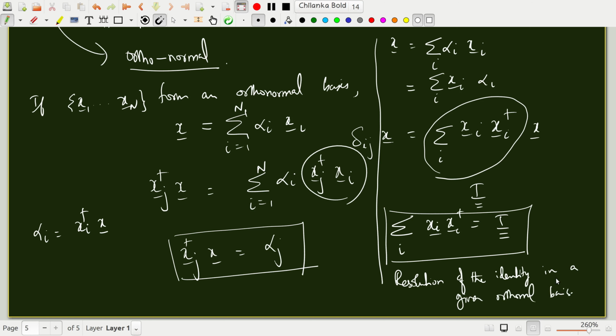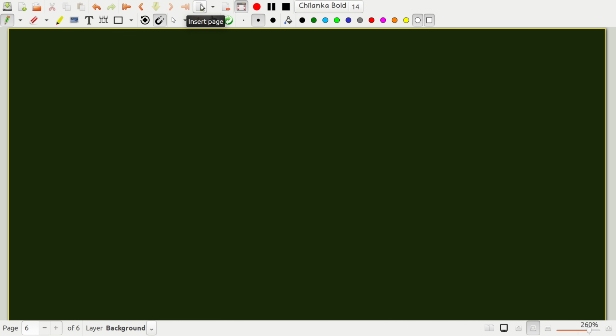now suppose you ask me the question, all this is fine. Suppose I don't have an orthonormal set, and I don't want to use Gram-Schmidt. So let's say x1, x2 is a non-orthonormal, but linearly independent set.